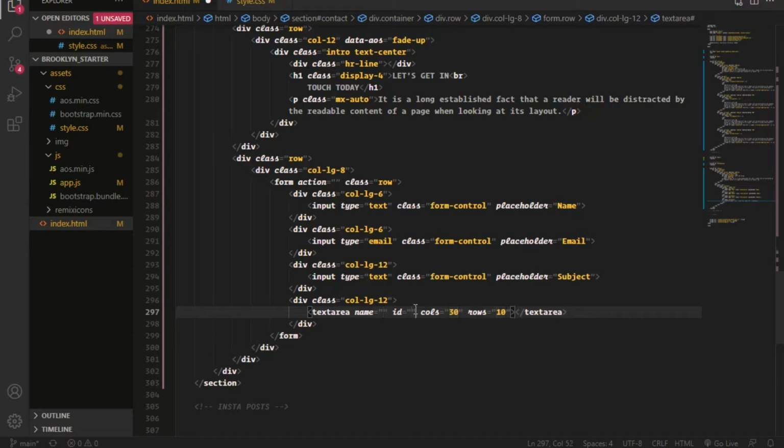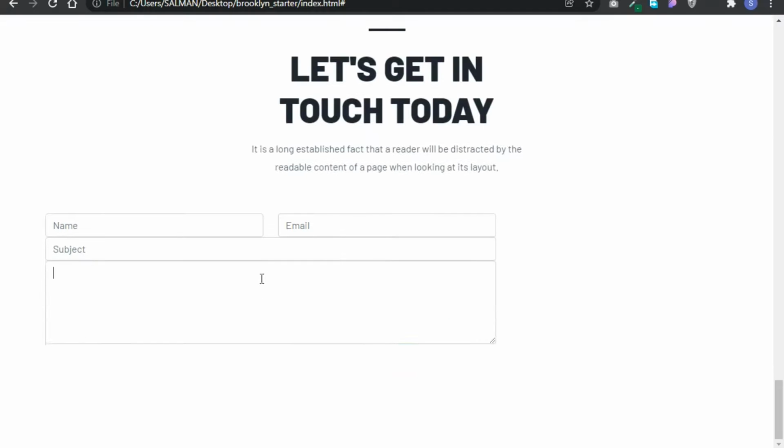and I'm going to remove this ID and name, so we don't need this for now. And I'm going to remove this column as well. I'm going to give a class form control. I'm going to give a row 5 row. I'm going to save it and refresh. So we have this form,